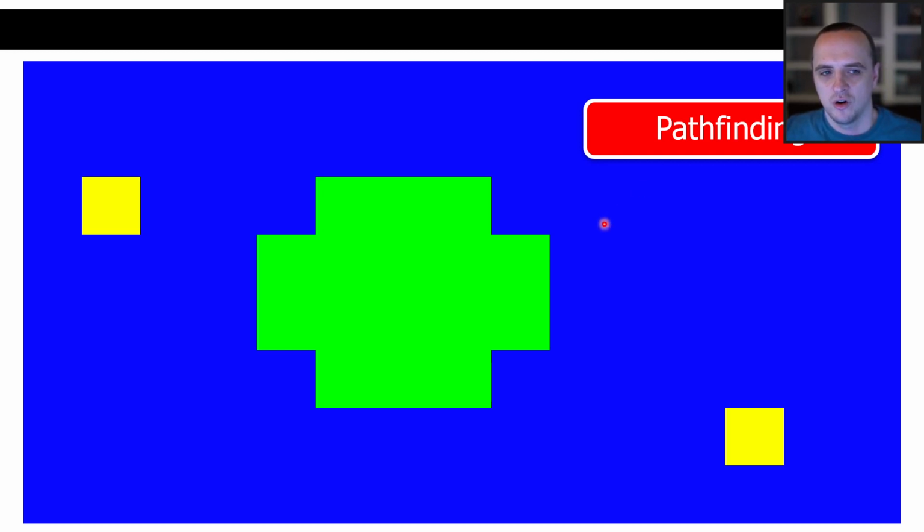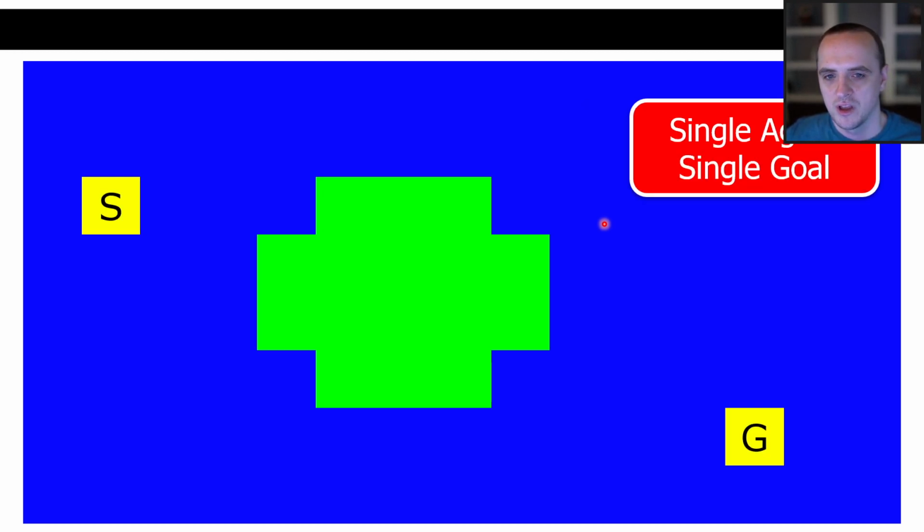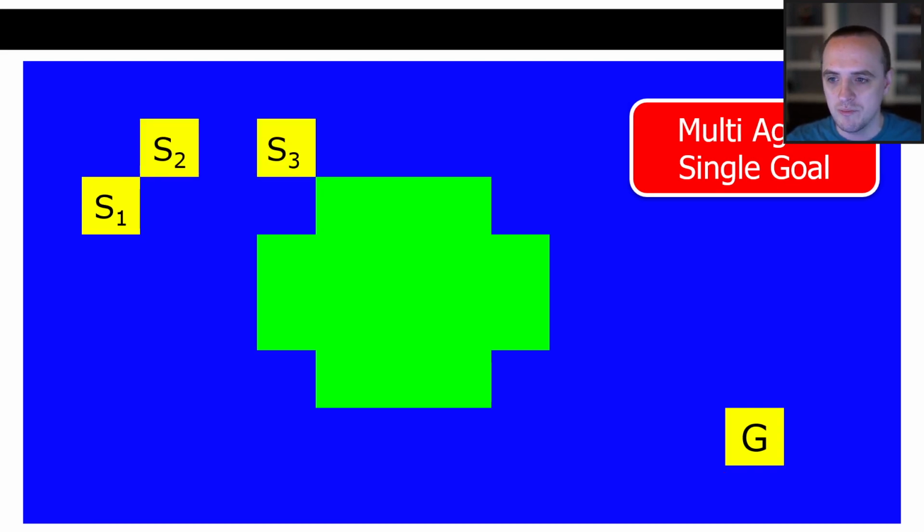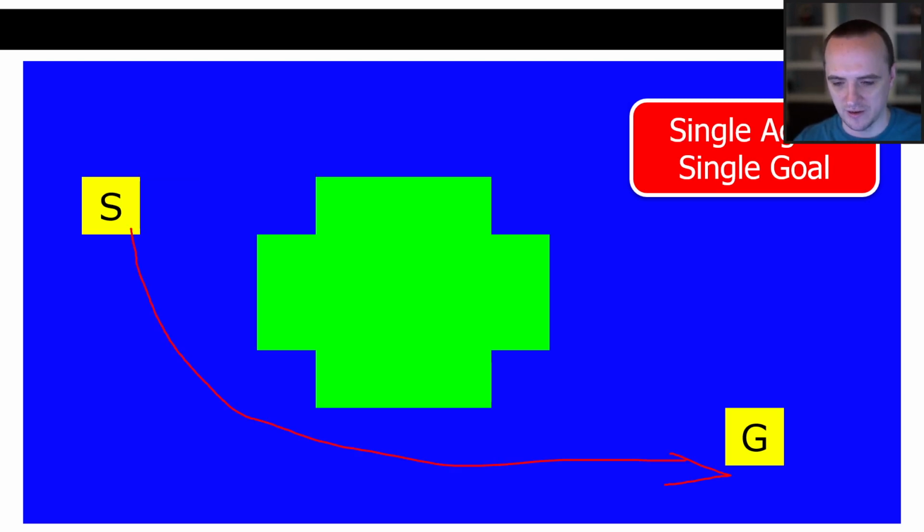It's going to cover up some of these labels, but the slides are on the website for students in the class. So, when we talk about pathfinding, let's look at some visual examples of those considerations we just talked about. This is an example of a single agent and a single goal. We've got a starting single agent on the left side of the map and a single goal on the right side of the map. If our objective for our pathfinding system was to minimize distance, then we would probably do something like this, right? We'd figure out a path to go from the start to the goal for a single agent. This would be something like getting the player to the exit as fast as possible. Single agent, single goal.